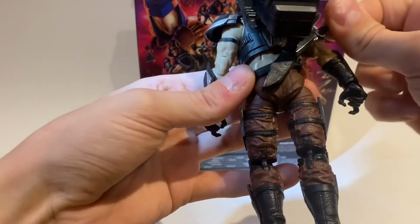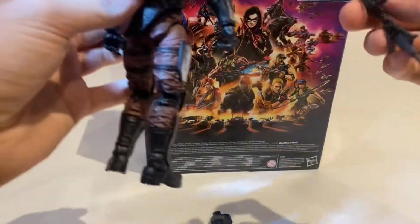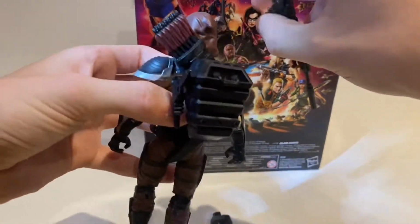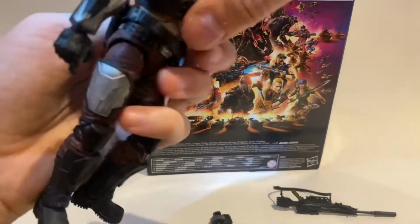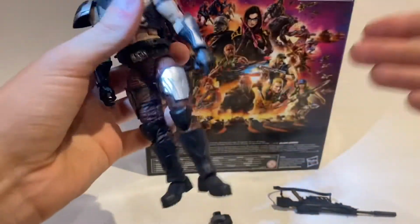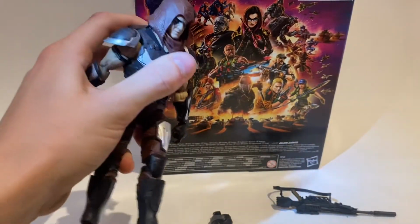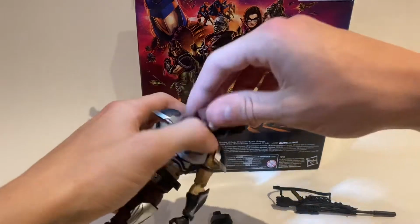Here is the knife, goes into the thing, and then you can kind of put the gun around him, which I already put all on, and then he can hold the bow and have a mask on and have a mask in his backpack. So basically he has all of his accessories being held minus a few heads, which is just crazy cool for